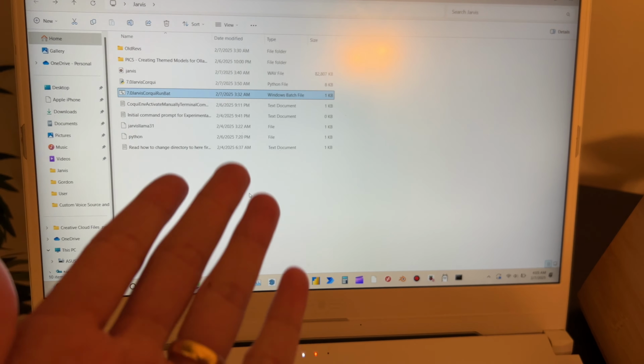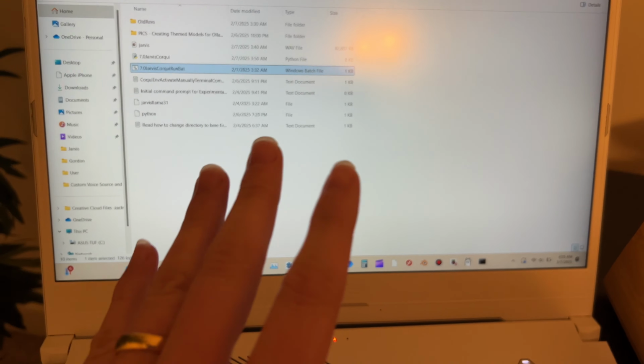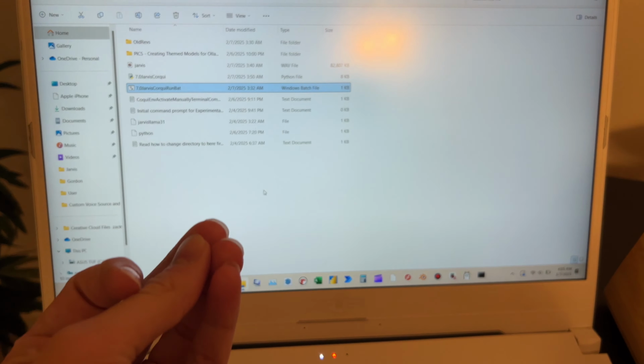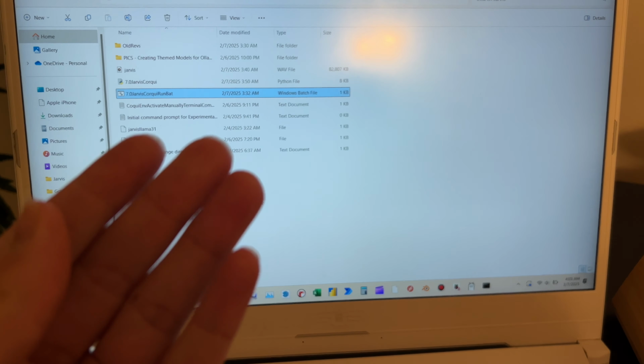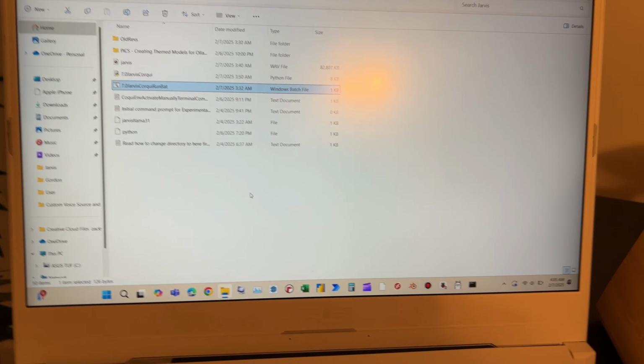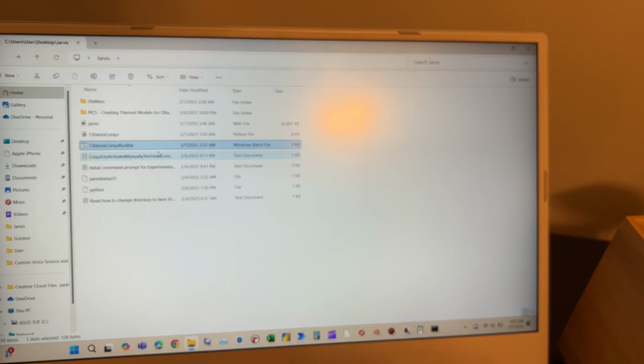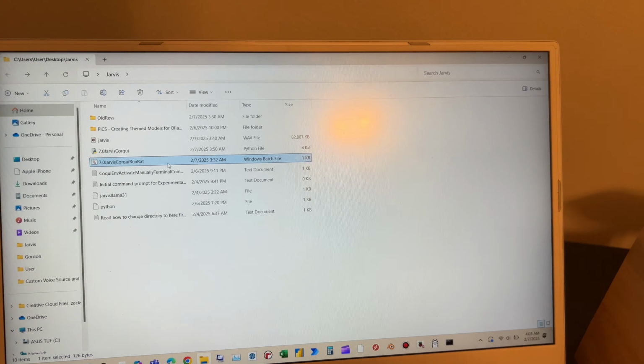Alright guys, how did I get here? This is going to be more about demoing it in action than how to make one yourself. It was a lot of trial and error. So I'm running it off of a bat file